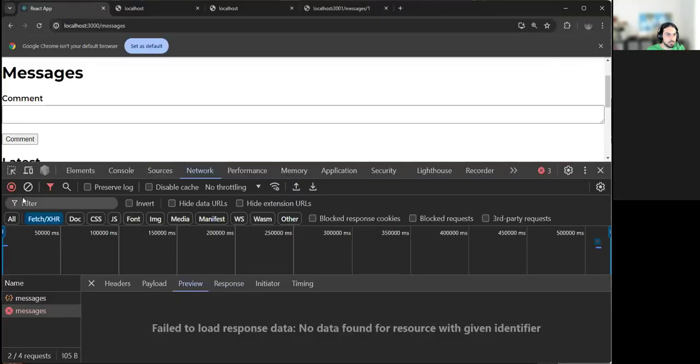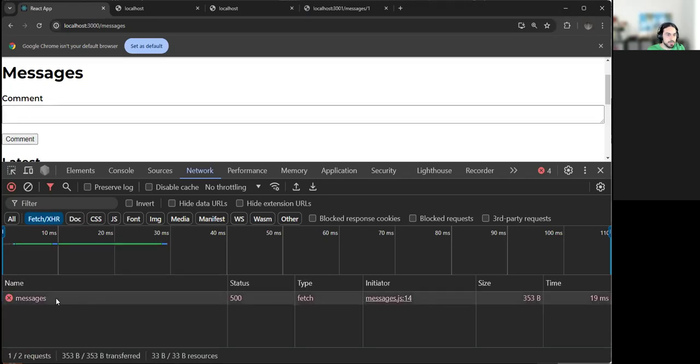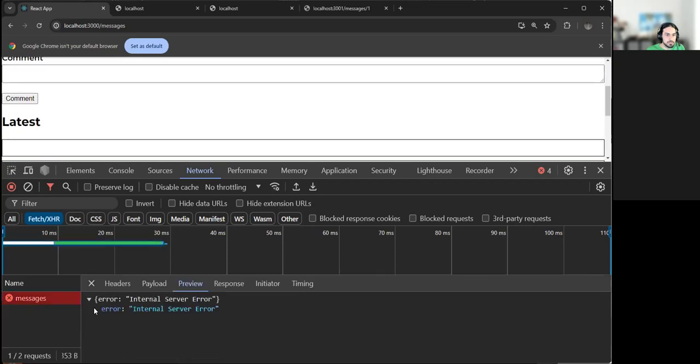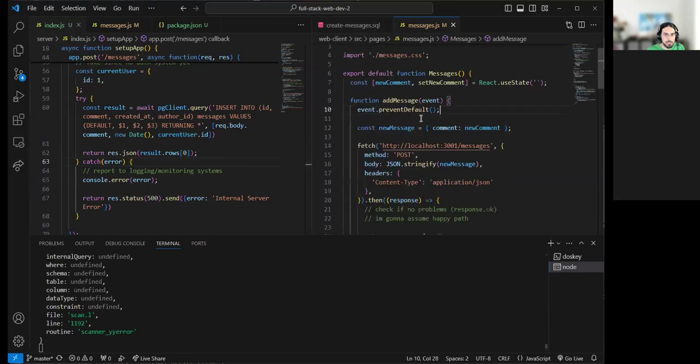Let's try again. Clear. This is a test. And you see I got a 500 now. Internal server error. By the way, the front end should show a message here of the error. Let me show you how to add an error message there in the front end, since we've got some time. So in the front end, if you recall, message.js here on the right-hand side,